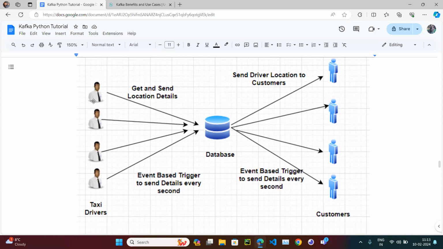As soon as the taxi driver is running this, we have the application there. As the taxi driver starts moving, this is the source, and this is the destination. The taxi driver has to go from here to here to pick up the customer for his ride. As soon as the taxi driver starts moving, what it will do is,